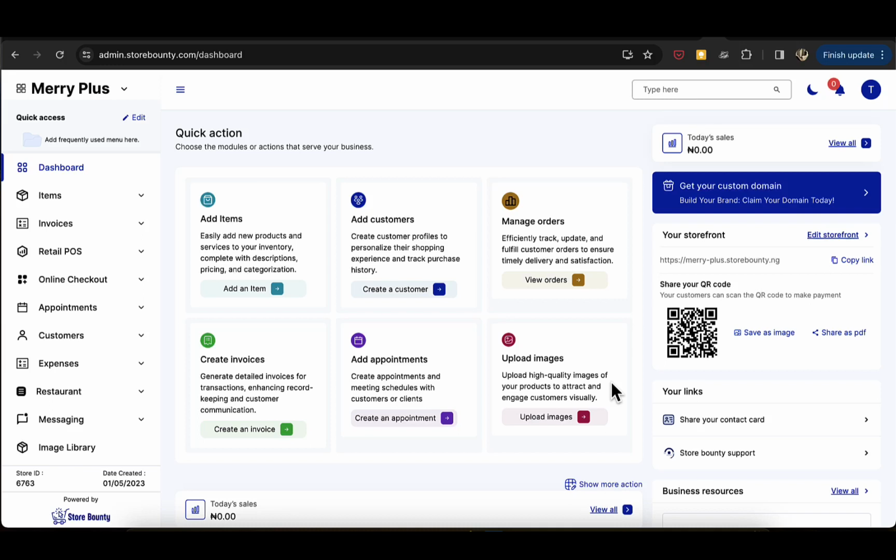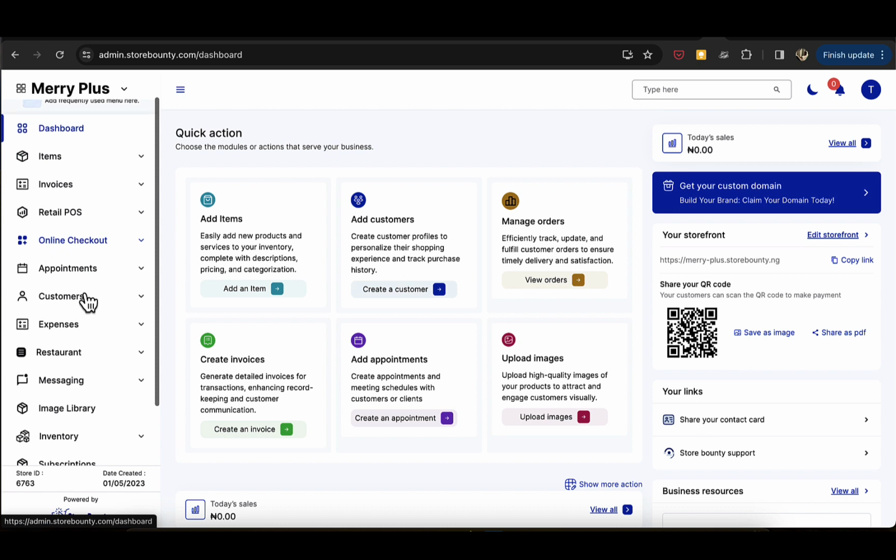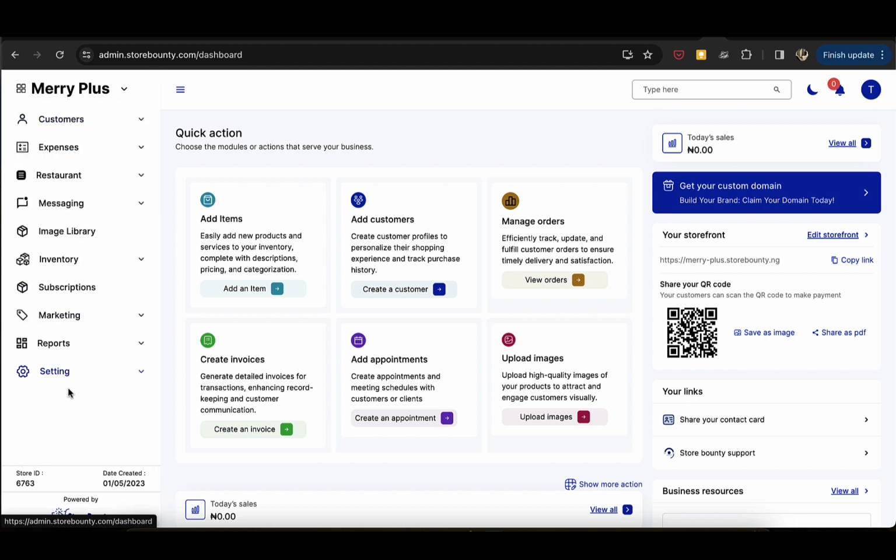My name is Michael and I'll be walking through the dashboard to get started quickly. On the side nav here, you have the navigation to all the features available on Store Bounty. I will be walking through each of them shortly, but in the meantime, let's quickly check out under settings, app